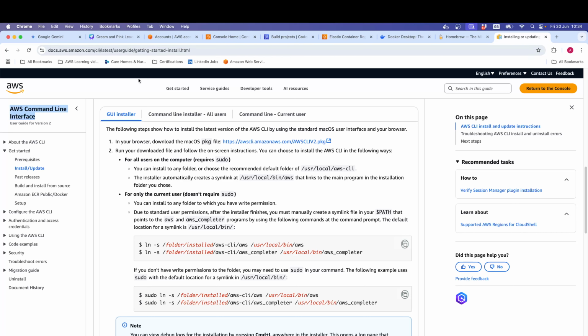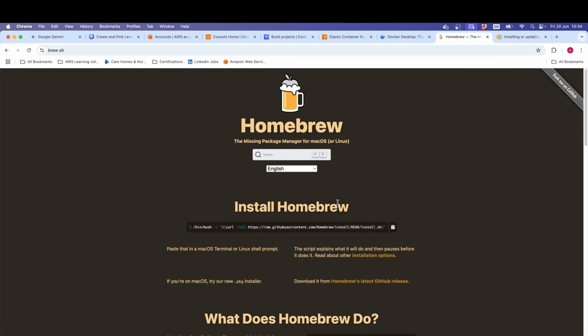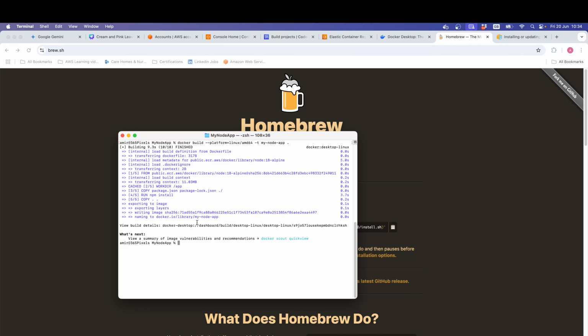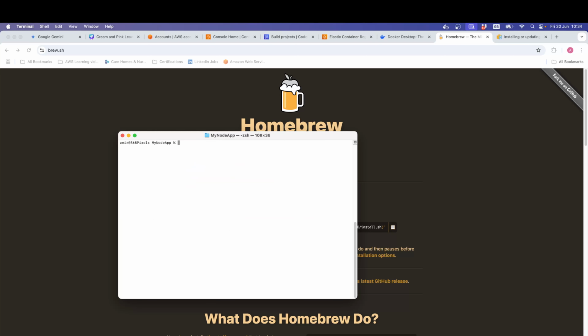Okay, but there is another straightforward, easy way, which is Homebrew. Just install Homebrew on your local machine, copy this command and run it. It will install the actual Homebrew on your local machine. Okay, then the next thing you can do is use Homebrew to download the